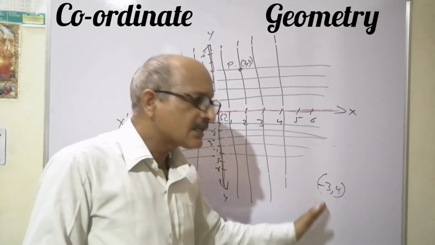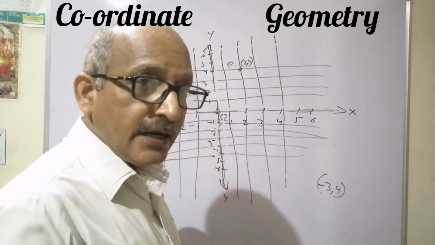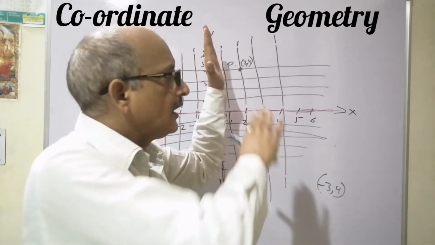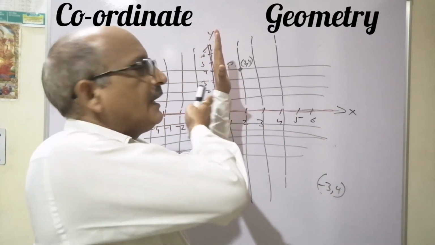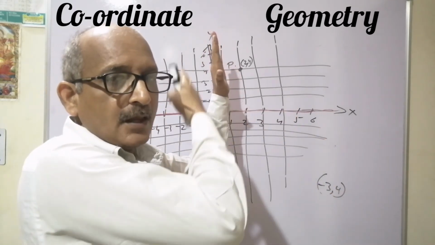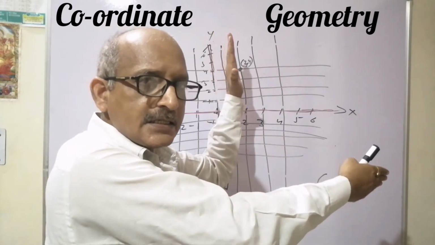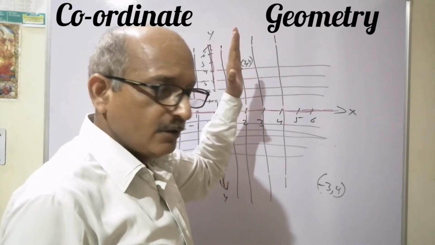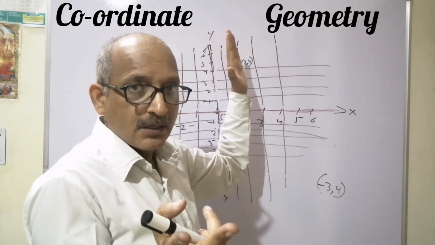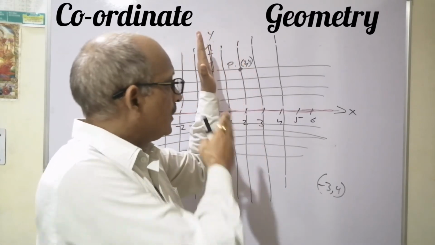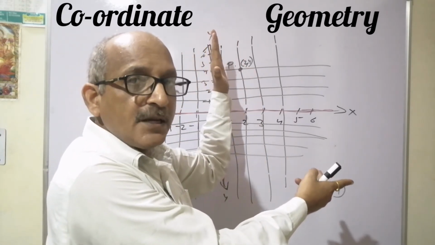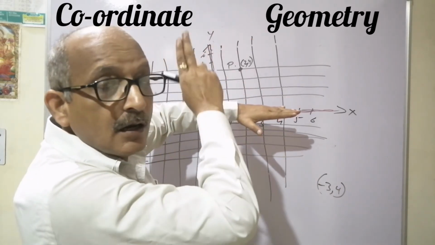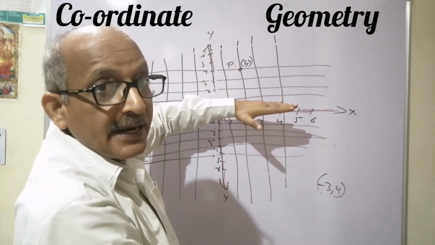So before coming to this, I would like to tell you, as you have already seen previously, to the right of the vertical line x is positive, and above the horizontal line y is positive. Right of the y-axis, x is positive; above the x-axis, y is positive. Now for y values, it was the convention for the sign of x values. Right of the vertical line, x is always positive. Left of the vertical line, x is always negative. Above the horizontal, y is positive, and below the horizontal, y is negative.